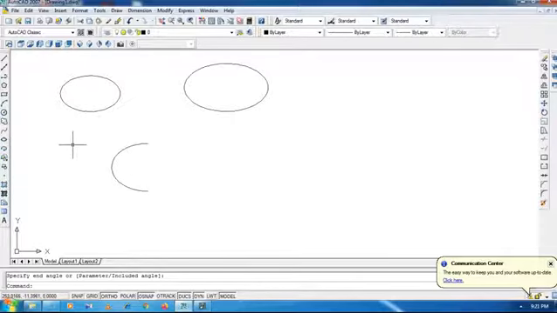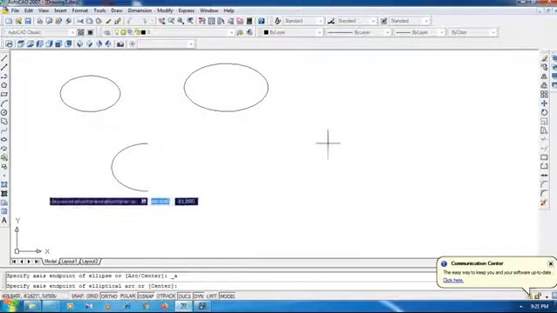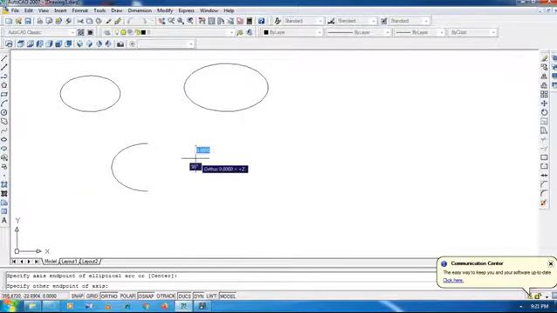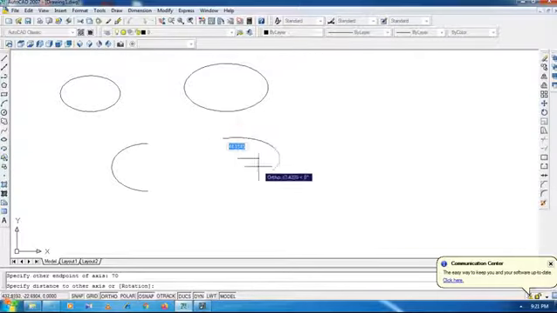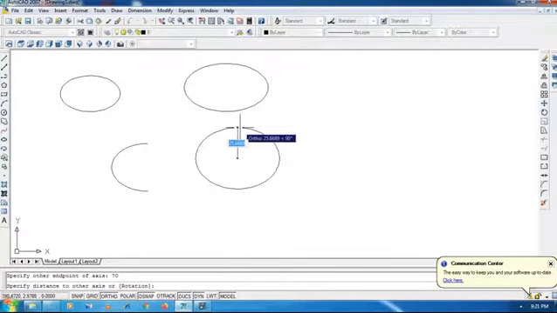I will show you the elliptical arc one more time. Just select this ellipse arc, one point, and now we are going to select another point here. I am going to enter 70, enter, and then for the minor axis I will select 15 mm, enter.